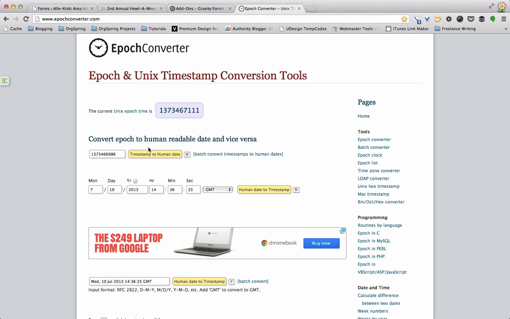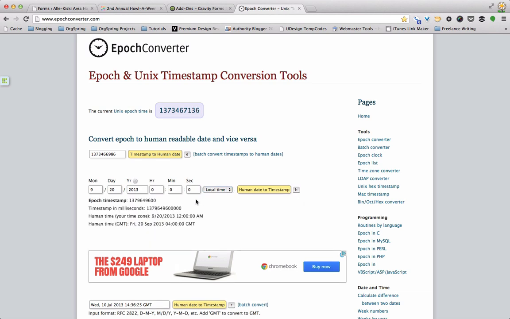Now, if we want to convert to a timestamp, date and timestamp, we'll enter our information in here. So for example, we'll put September 20th, 2013. We don't need the hours, so we'll just zero that out. And we'll select Eastern Time or local time. My computer is set to Eastern Time, so it knows. So we'll click Human Date to Timestamp. We click that button, and it gives us a number right here, the epoch timestamp,